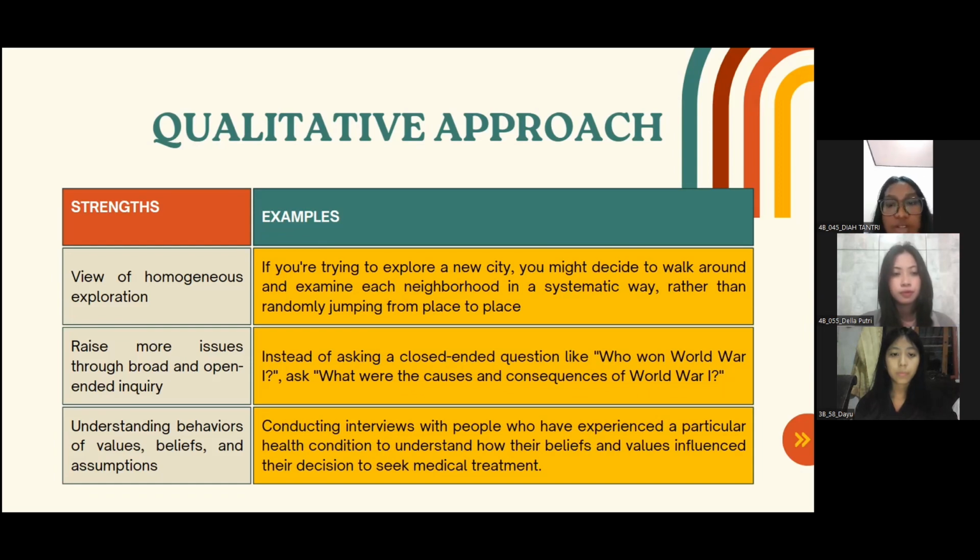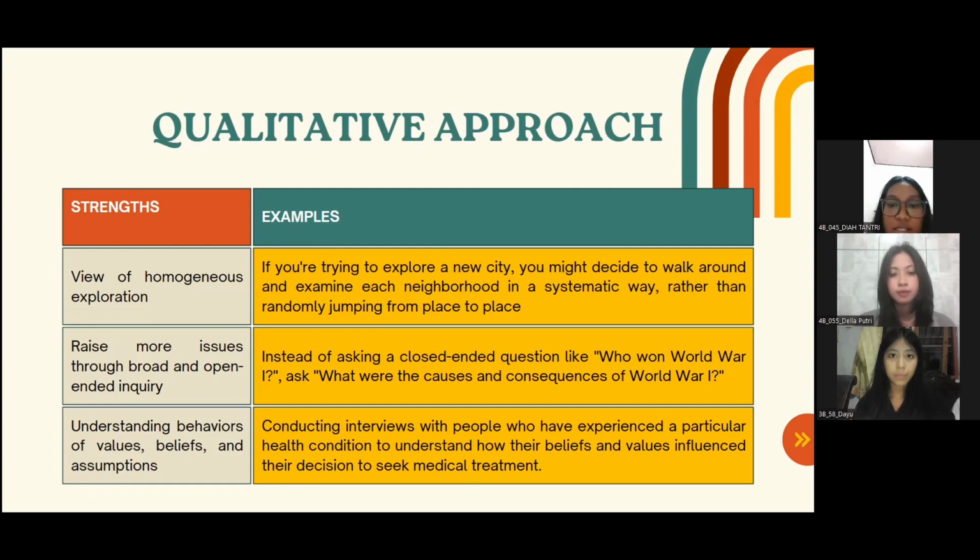This allows for a wider range of ideas and perspectives to be considered, which can lead to a deeper understanding of the topic at hand. By asking broad and open-ended questions, you uncover new issues or ideas that you might not have thought of before, and this can help you explore the topic more fully.